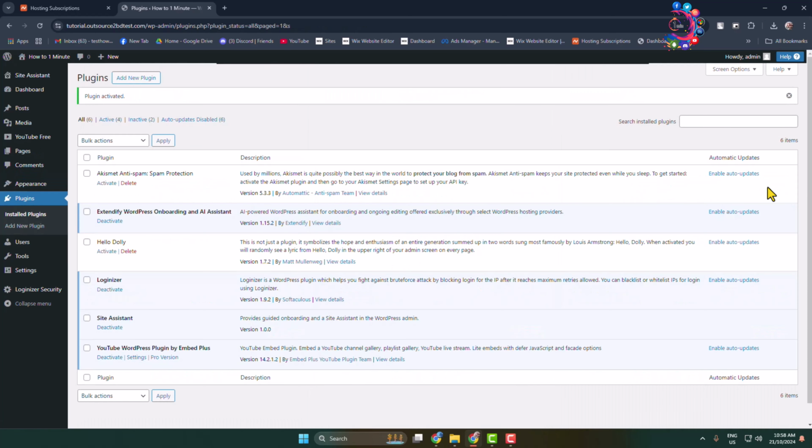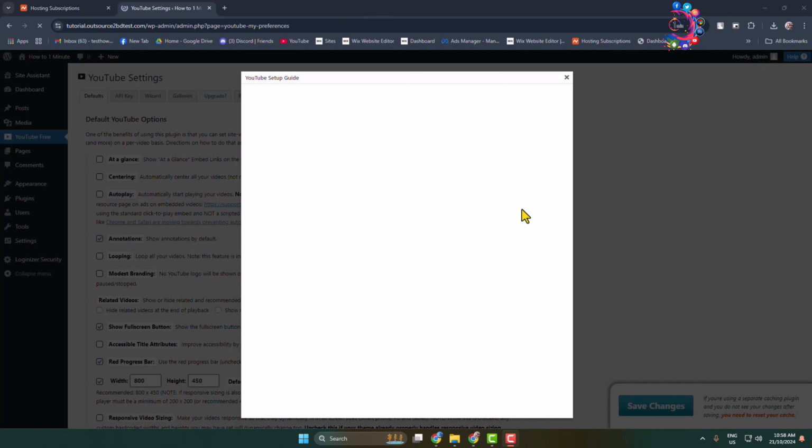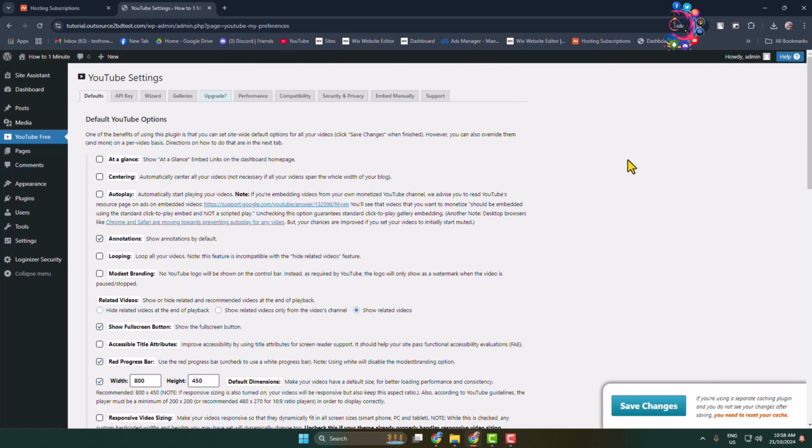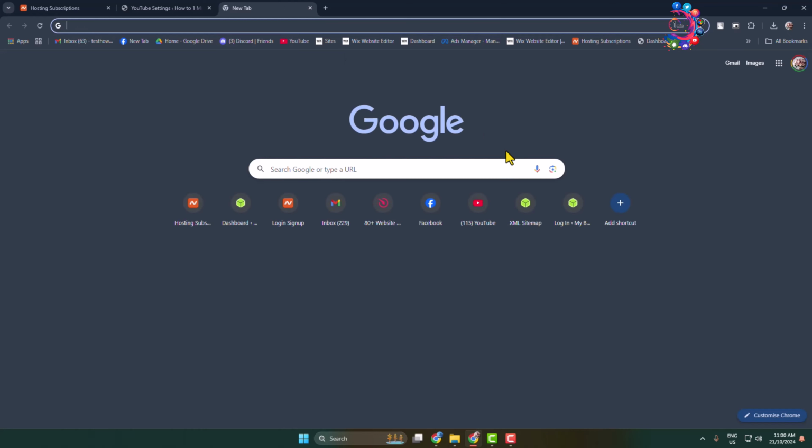Once the plugin is successfully activated, in this left hand menu you see this YouTube Free. Click on that and you directly jump into the plugin dashboard. Here, first of all, we have to generate and add an API key. So go to the API key section and here we can see the YouTube API key option. And now to generate the YouTube API key, open a new tab and type here